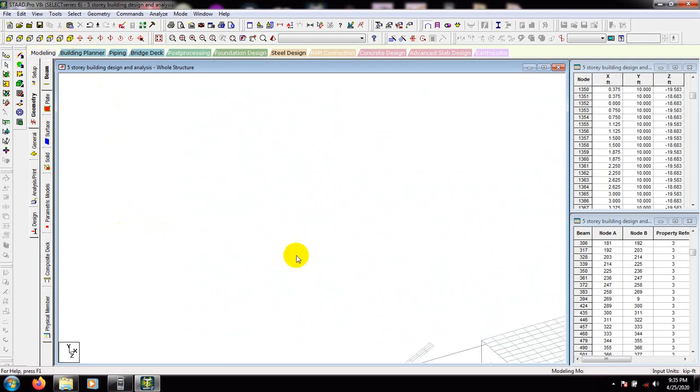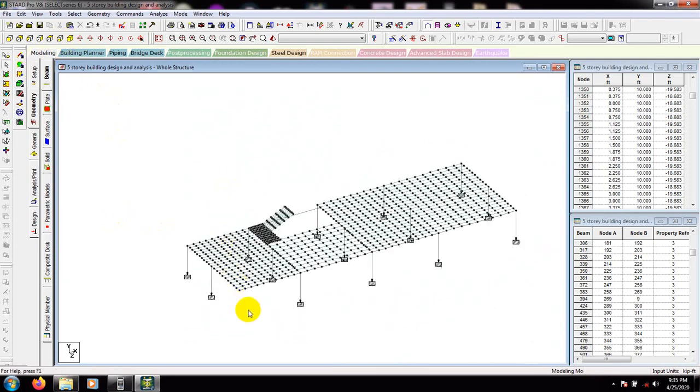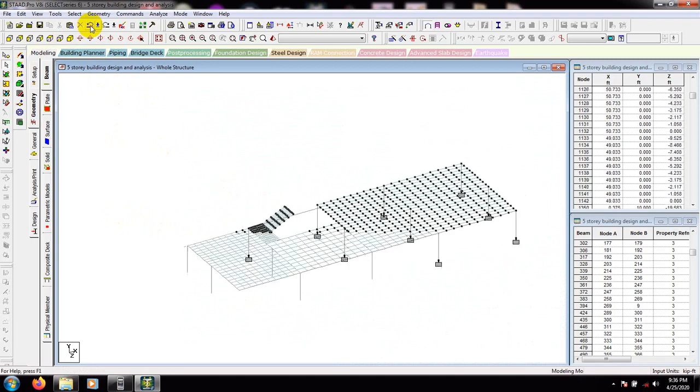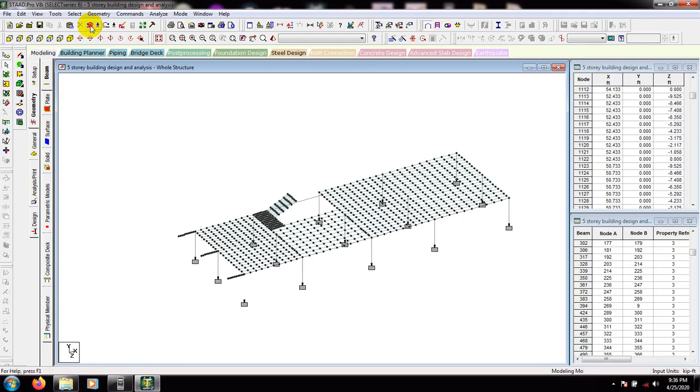Now we'll go in 3D mode. Sorry, we have deleted a column here, so again we'll go undo. Okay, it's done. Here now it's okay,